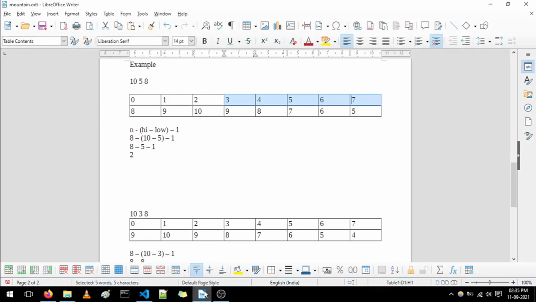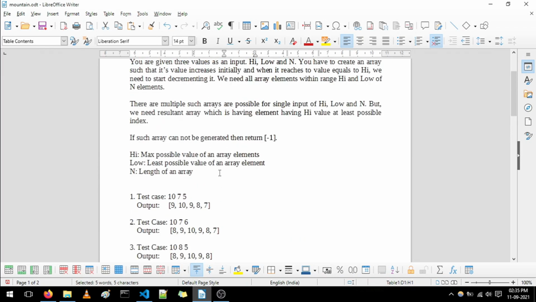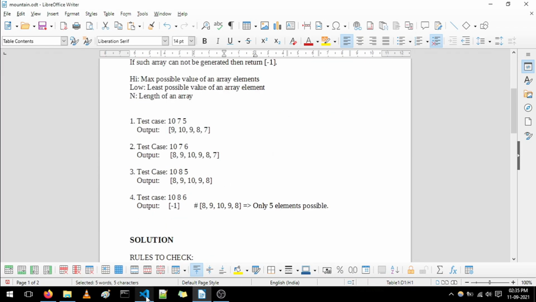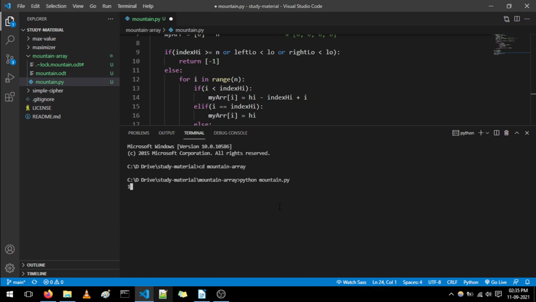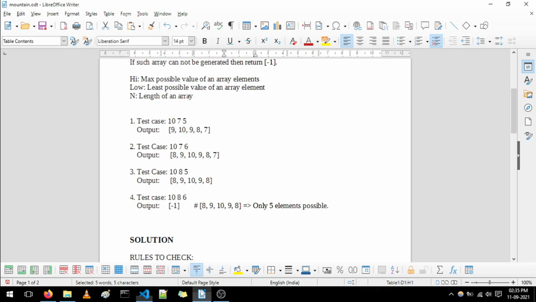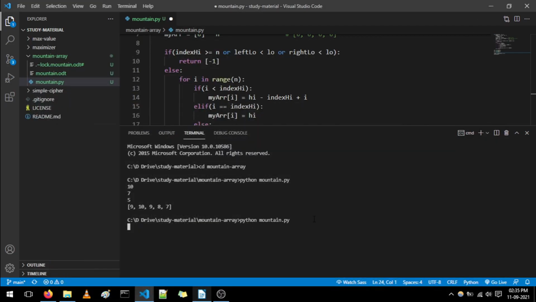Okay. So we are checking different conditions. First is 10, 7, 5, with output 9, 10, 9, 8, 7. Now 10, 7, 6, with output 8, 9, 10, 9, 8, 7.